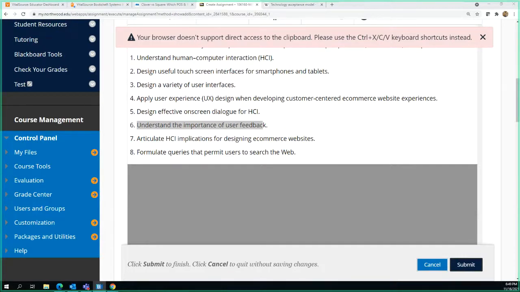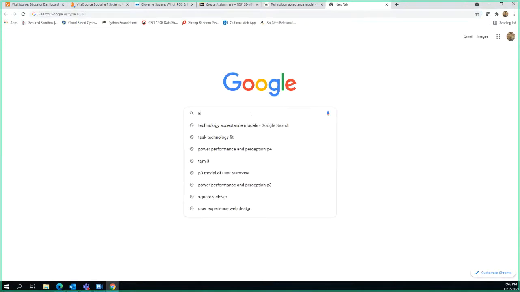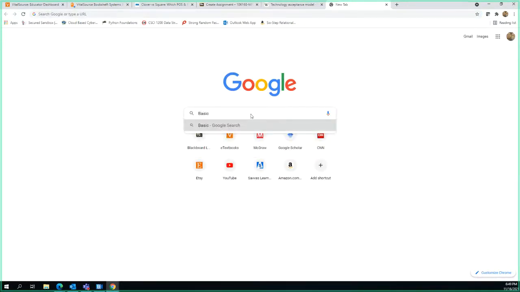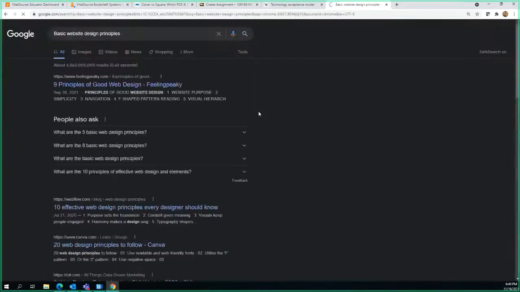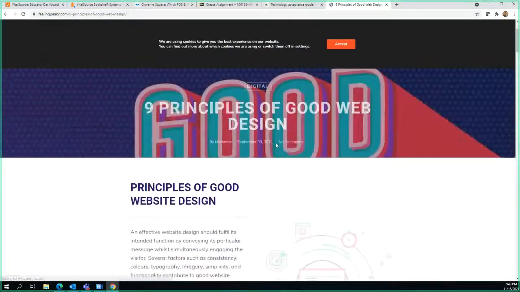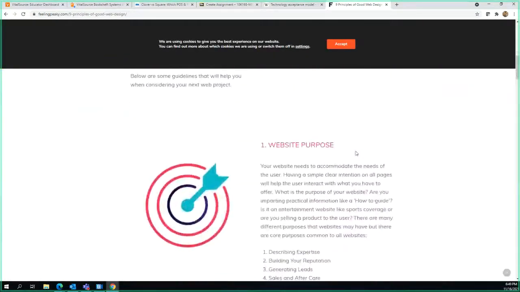So now, design effective on-screen dialogue if you're creating an application or a website. That's important. If you're creating a website design, this actually might be quite helpful for you in describing what's going on.